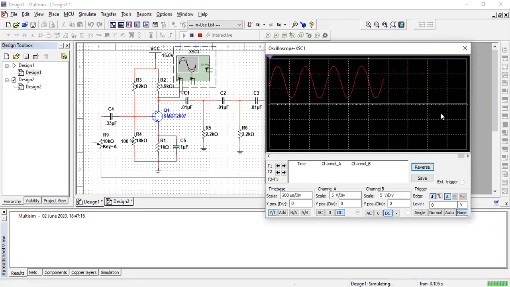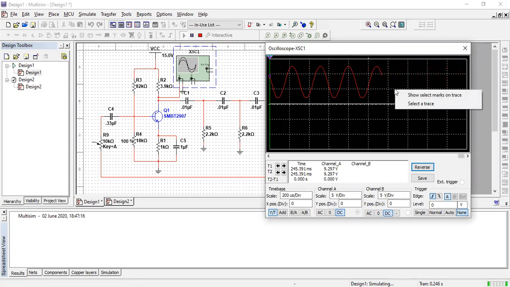Now I need to calculate the frequency of the wave. It is an oscillating signal, an undamped oscillating signal. I want to know its frequency, so I have to stop the signal. Make a right click on that, and I will get the waveform like that. Now I have to take one period of it, so I want to know the full cycle from this.